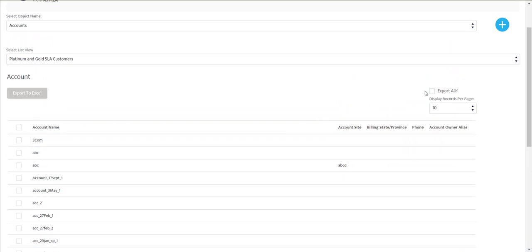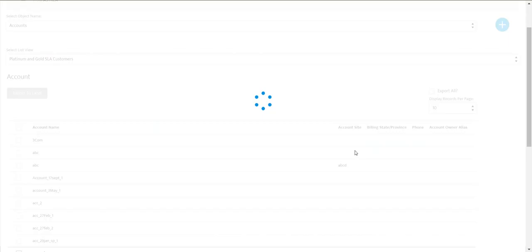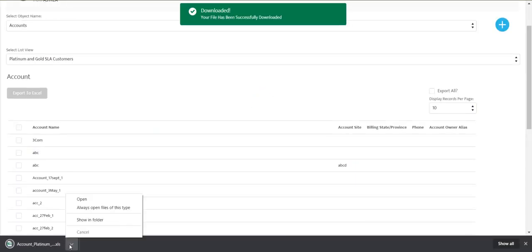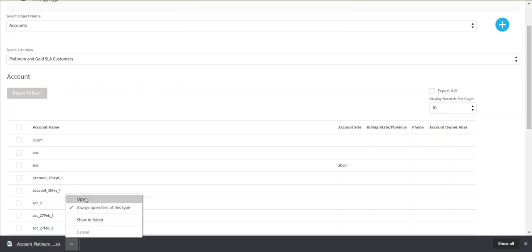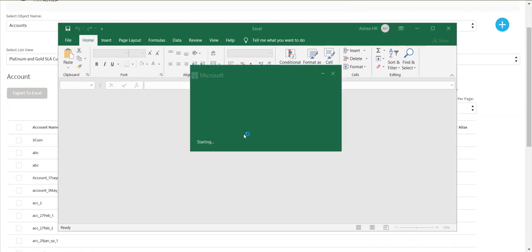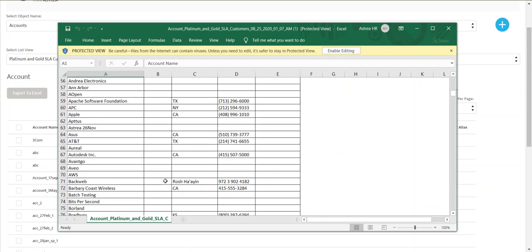To export all, there is a checkbox, export all. We can download from here. Let's have a look. We have a total of 450 records.